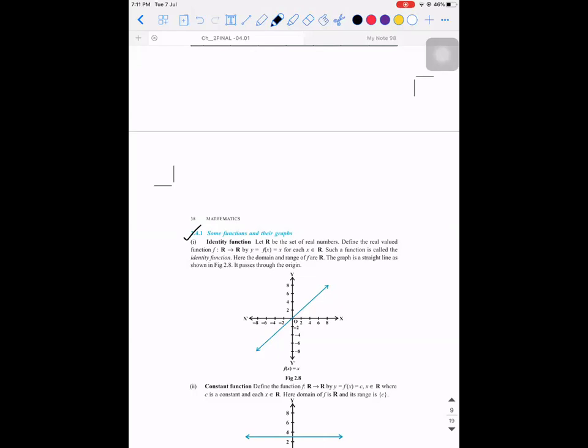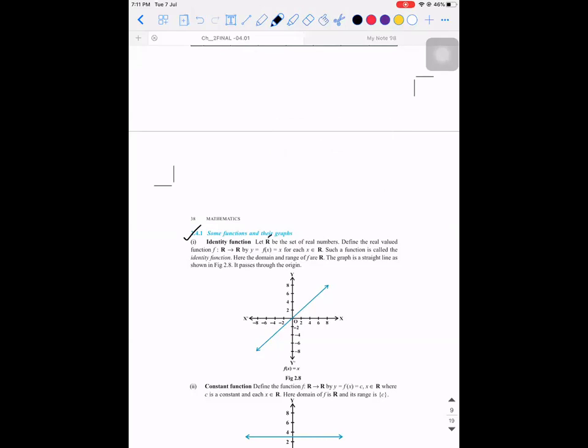Okay? So let R be the set of real numbers, and define a real valued function f mapped from R to R. What is the meaning of this? The input is a real number and the output would also be a real number. When you give a real number input, the output also should come out as a real number. It can be anything, a whole number, natural number, anything of that sort. Okay, so that is the meaning.